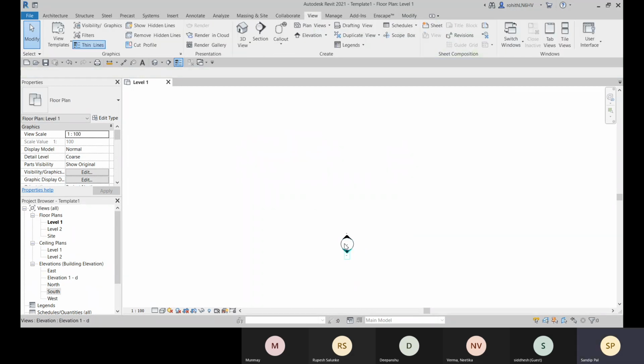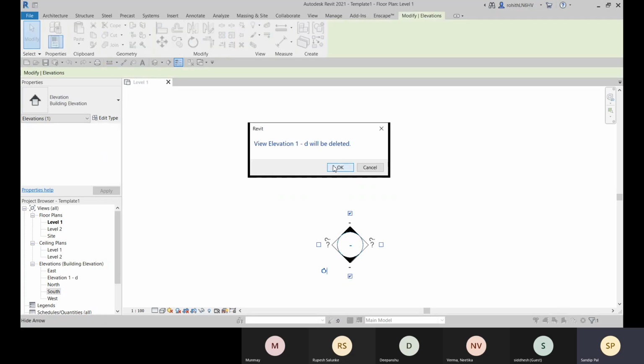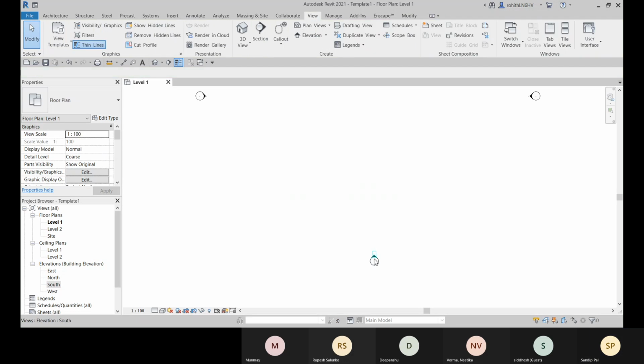So select this circle. Make sure you are selecting this circle, then uncheck or check, and then double click on this camera. On this arrow, double click on this arrow, and that south elevation is opened. And right now nothing is included within this view, so you cannot see anything, right?